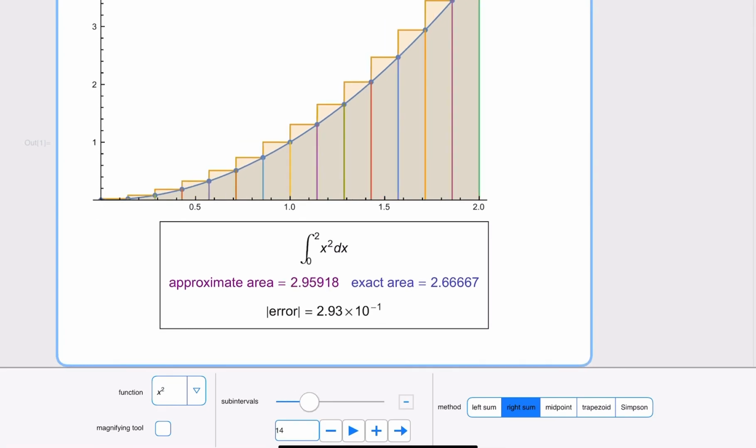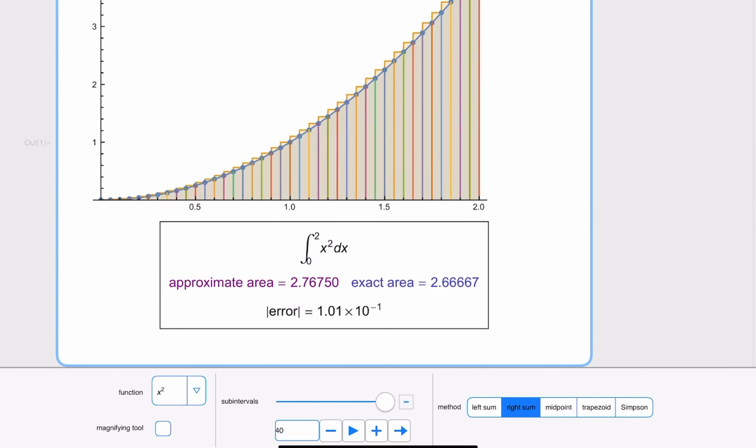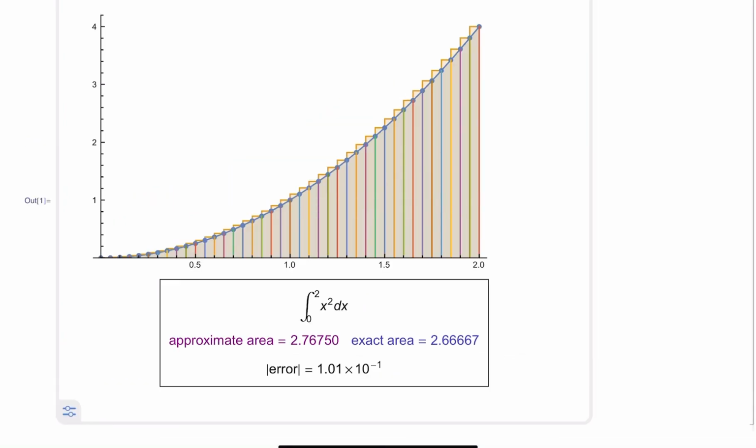So as we increase the number of rectangles, if we choose, for example, 40 rectangles, then the approximate area is going to be very similar to the exact area, because you can see here in the image as well that the areas of the rectangles accumulate and express the area under this curve. And that's the base